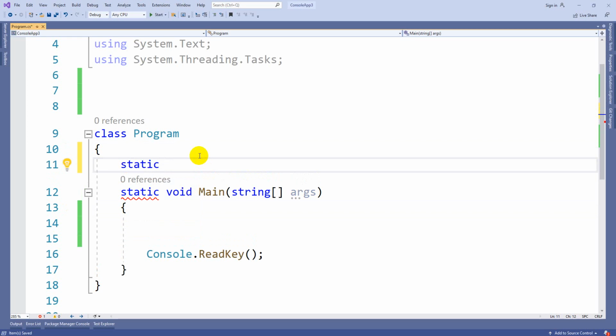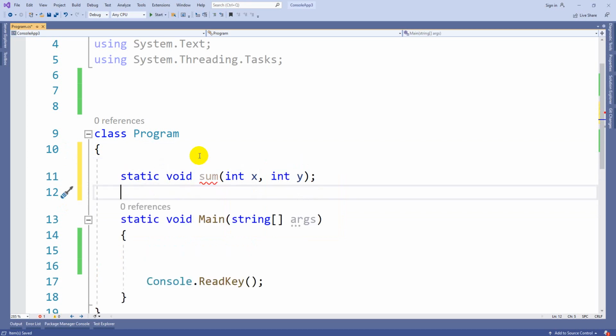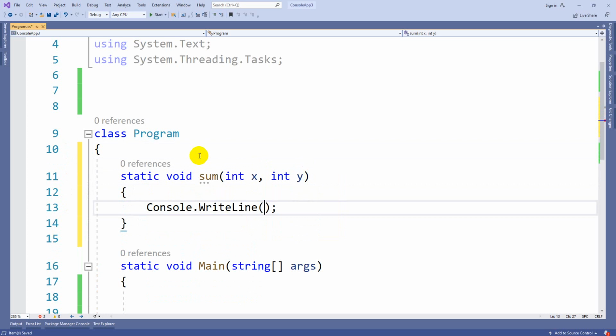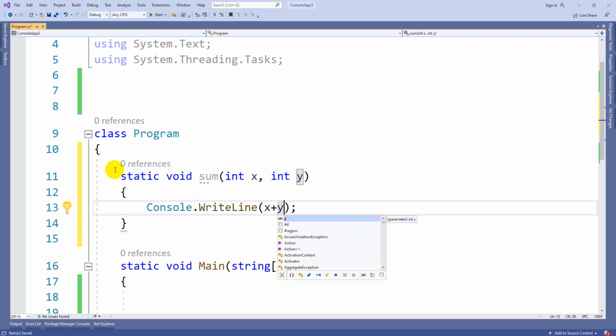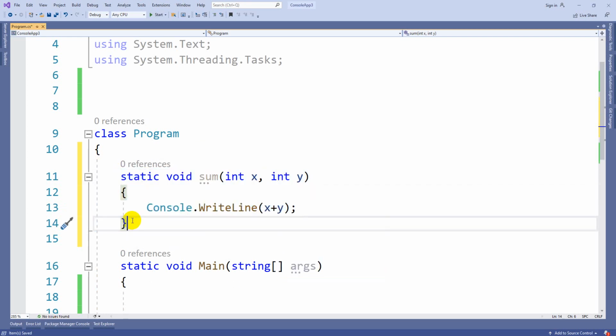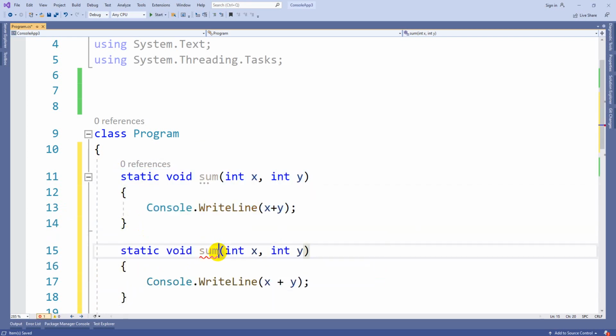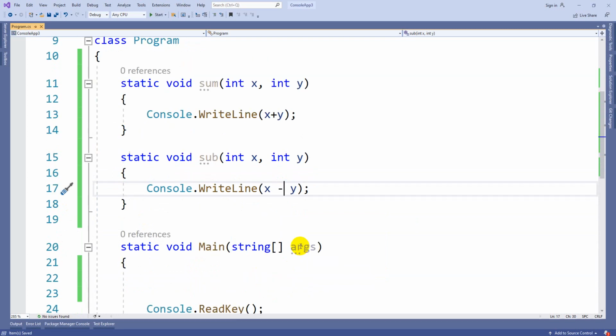Suppose you see this: static void sum of int x and int y, Console.WriteLine of x plus y. And subtract, x minus y.